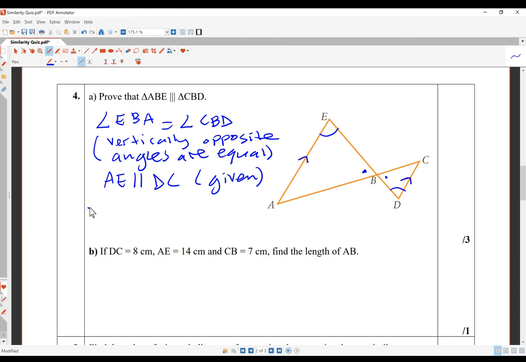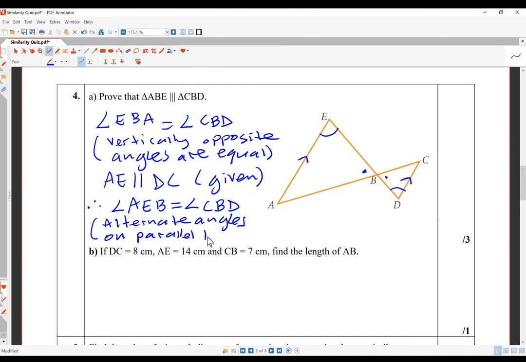And therefore, angle AEB equals angle CBD. And the reason is alternate angles on parallel lines are equal. Okay, so we've got two pairs of equal angles, so we're going to say therefore